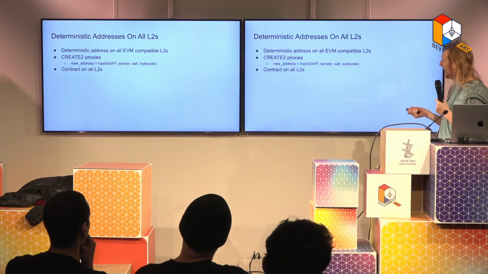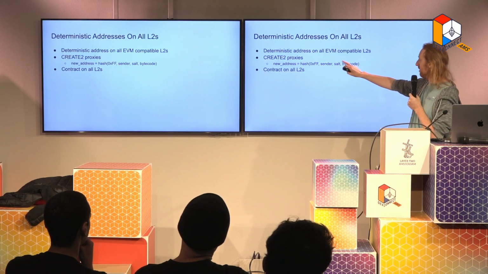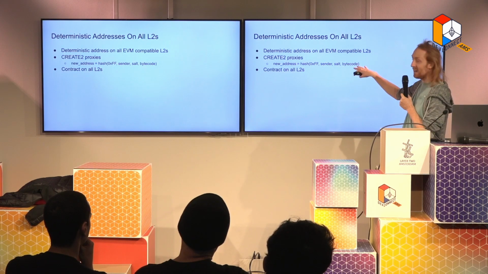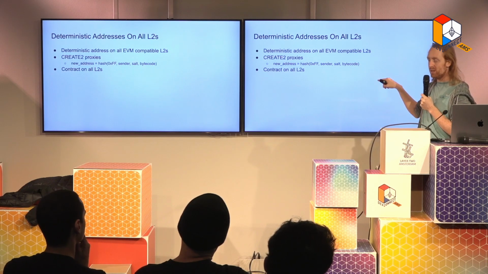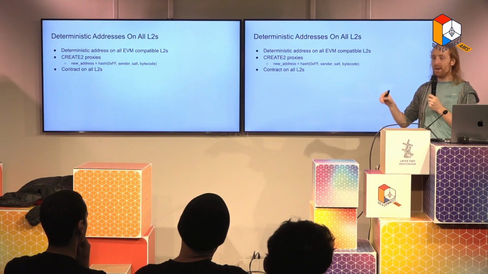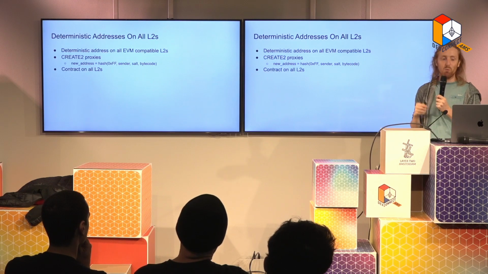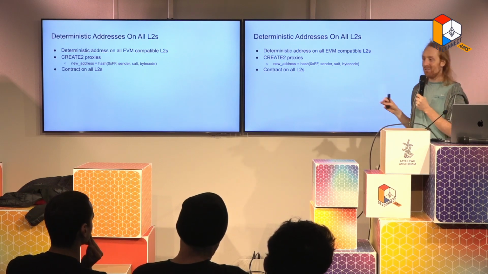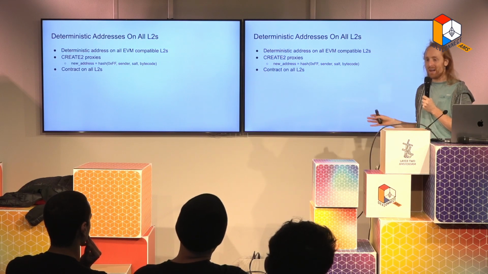Do I have a laser pointer? Yeah, the address is a function of the 0xFF, the sender address, some salt that's controlled by the user, and the actual bytecode of the contract. So the idea here is if we can deploy the same proxy on different L2s, then we'll be able to create the same addresses on both, right? And what we really want to do is make sure that the same proxies are deployed upon all the L2s. And this is just a really nice UX because we're able to set up on both.